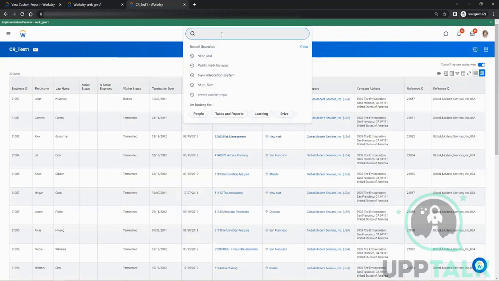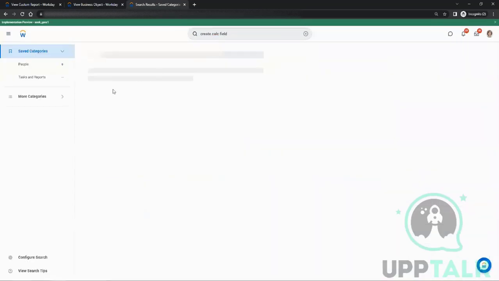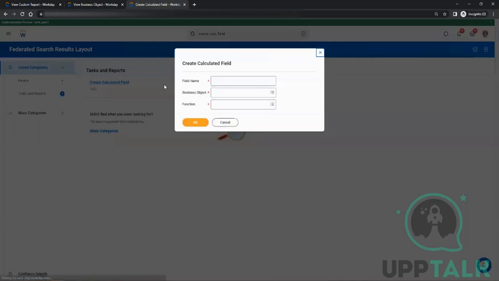To create a calculated field, the task is simple: create calculated field. You can use whatever shortcut you want. So this task here, create calculated field. Now, as I said, you first have to choose the name. The general naming convention followed in all the projects I have seen across the globe is CF underscore and then the name of the field. CF stands for calculated field here. Then you choose the business object. So if you choose business object as worker,